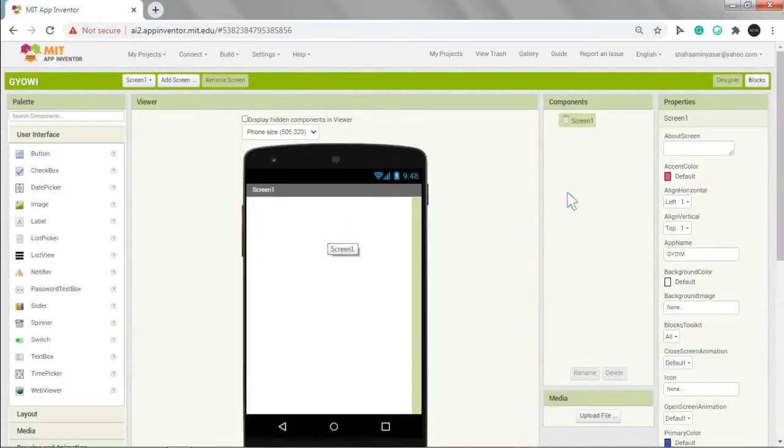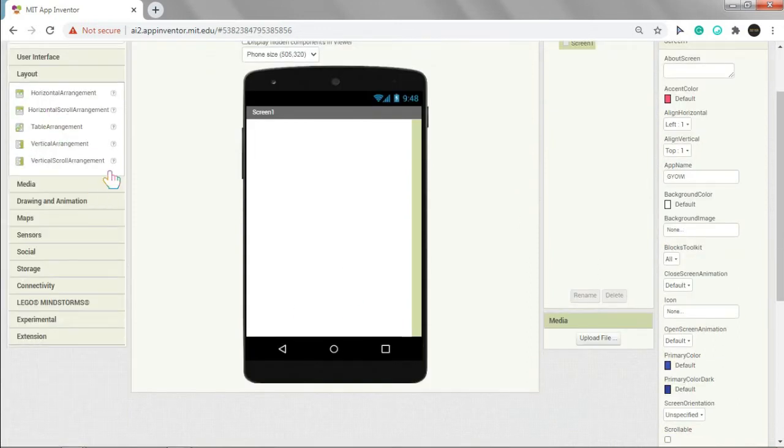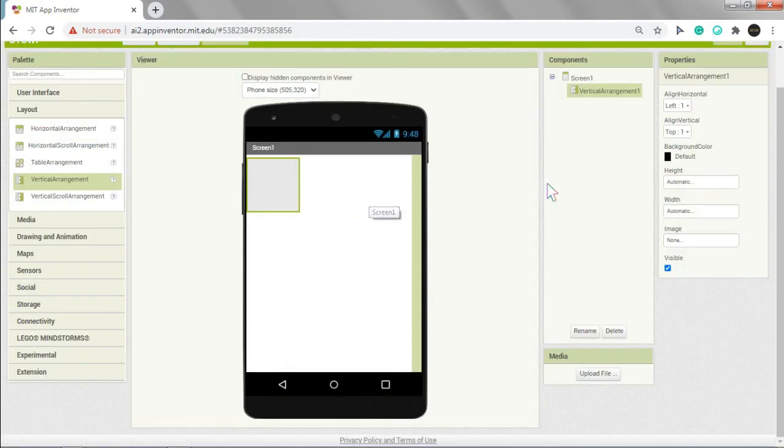Now we have to first get a web viewer. So first in Screen 1 we have to get a layout from vertical arrangement, this one. Okay, and set the height to fill parent and width to fill parent.